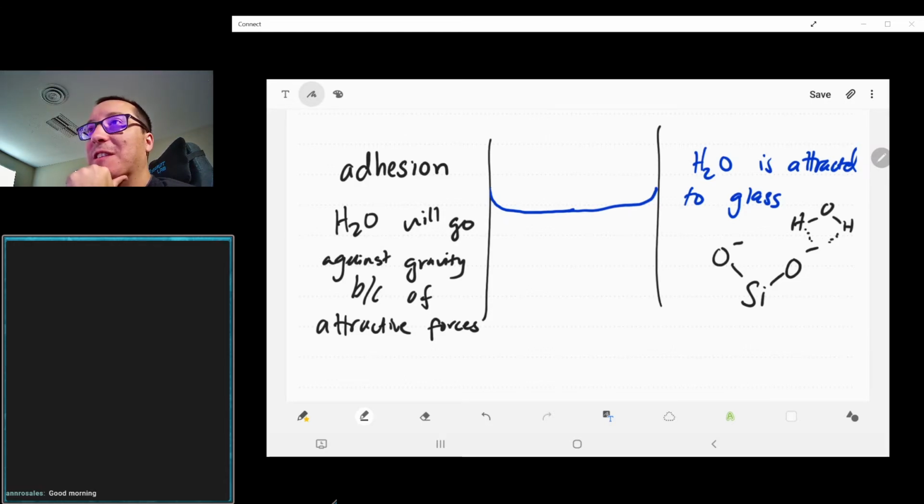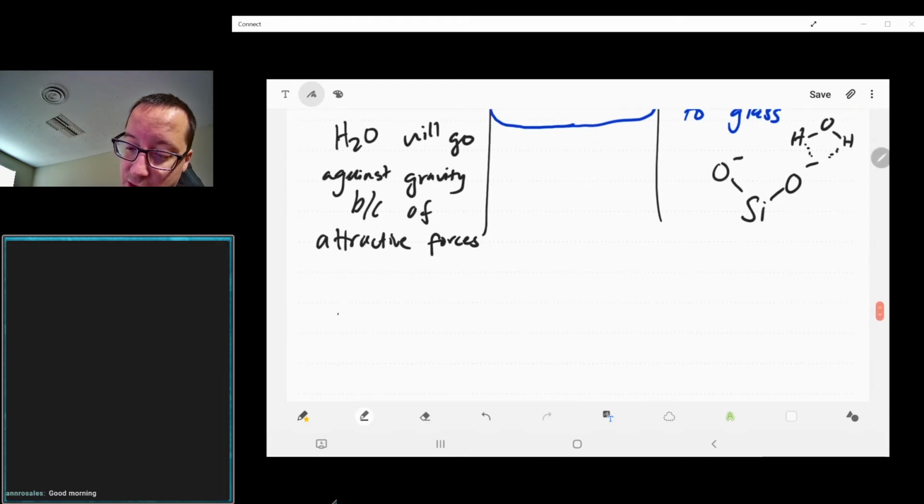So adhesion is going to be two things attracted to each other that causes them to kind of stick together. And so when we use glue and other adhesives like that, notice, we're trying to get things to stick together as well. So the water is going to be kind of attracted to the glass, it's going to stick onto the sides, it's going to go up a little bit. The opposite of this is called cohesion,